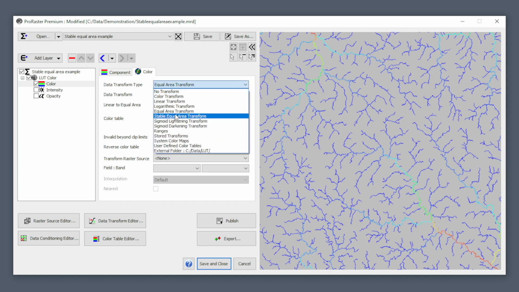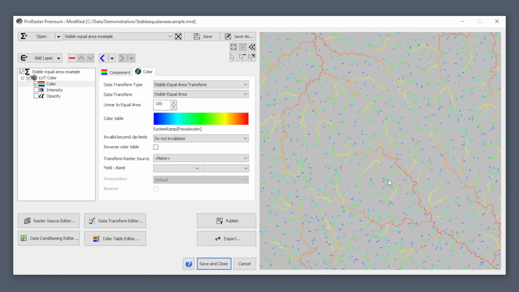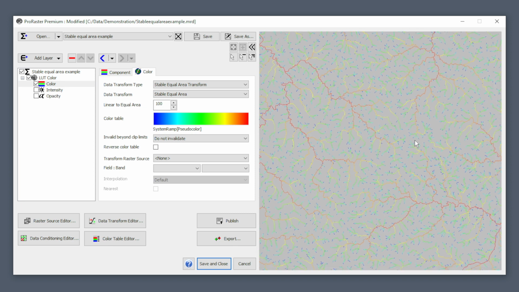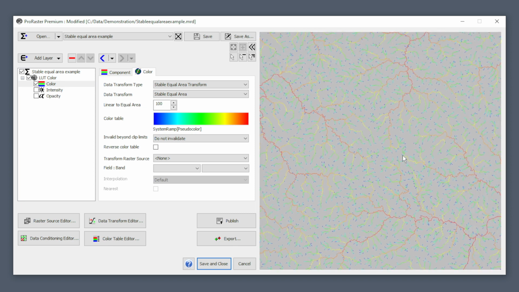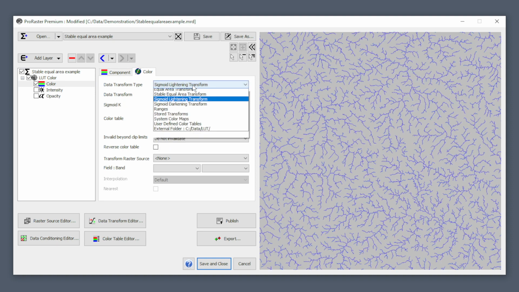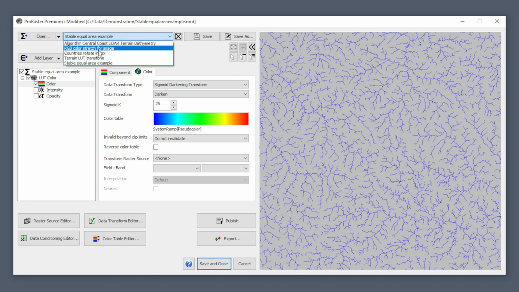If I change it to stable equal area, suddenly the whole picture changes and I've got color gradation along my creeks all the way through. So we've got a much better color distribution using stable equal area, and that's because it's able to handle those really nasty skewed histograms better. So we have sigmoid lightening, and there's also a sigmoid darkening, and let's go to something where we can